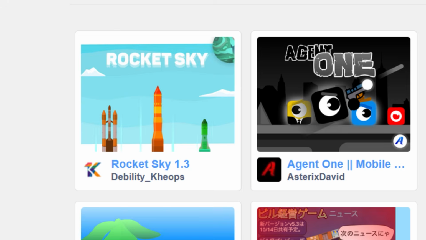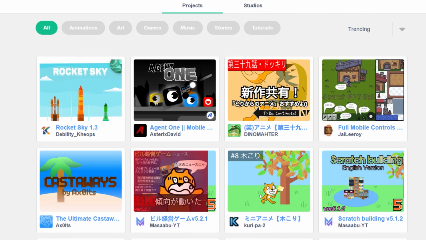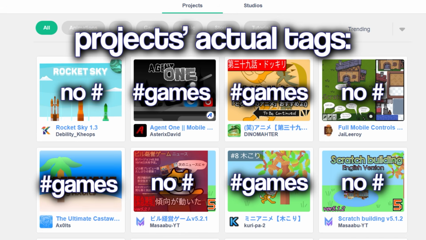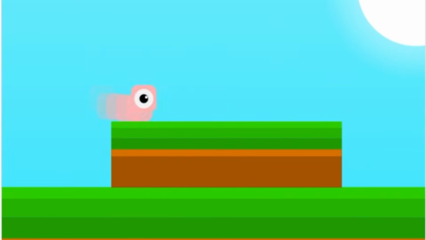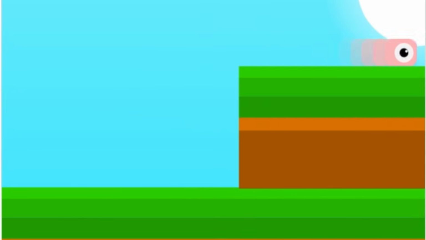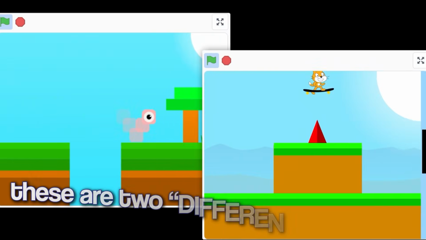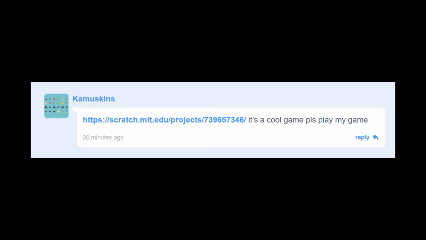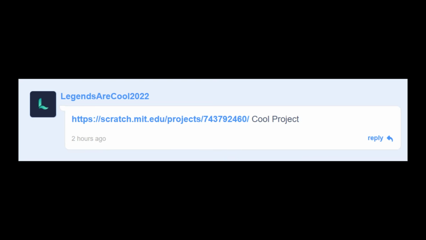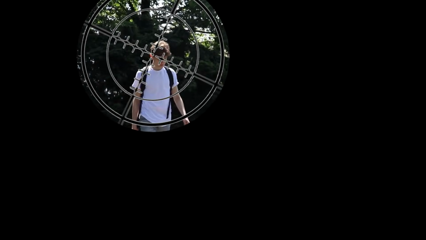A pretty talked about subject on Scratch is that using hashtags all will put your project on the all section. But that really doesn't work because the all section, as you guessed it, is all of the popular projects when they're not sectioned off into their own categories. Most of the mediocre and sometimes downright awful projects that go on the Explore page, such as generic platformers, clickbait projects, and more, they just got lucky with the algorithm enough that they got on the trending page. Don't get desperate and advertise your project on other trending projects. All that'll do is get reported, and you could end up on the Scratch hit list, or even worse, banned.